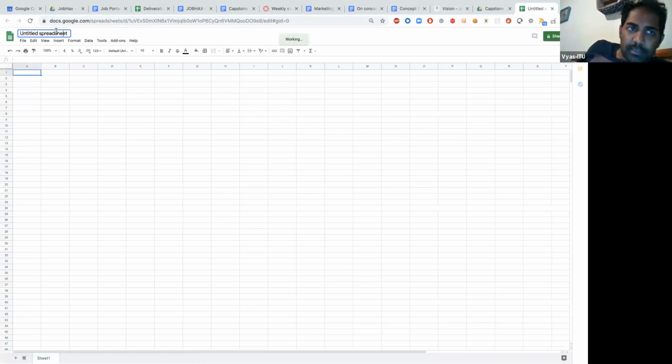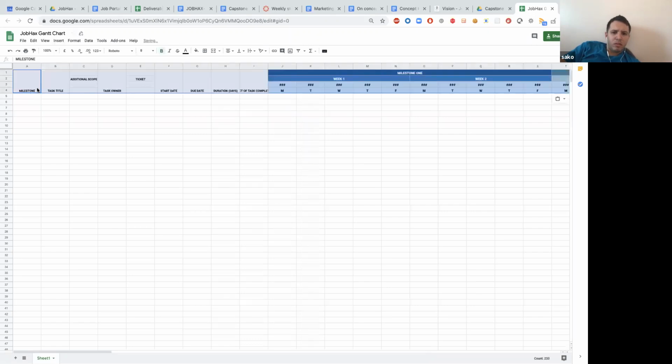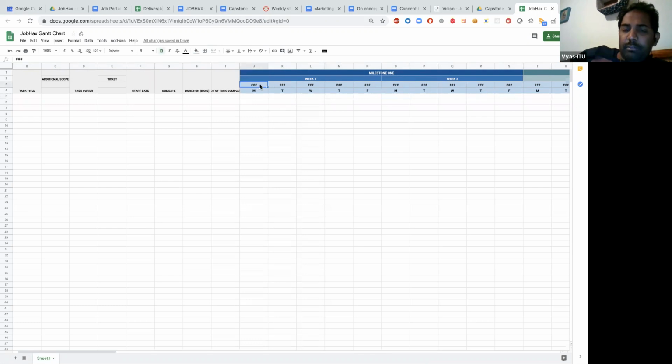These for Gantt chart? Yeah. JobHax Gantt chart. Can we have this? So we don't need it for weekly. Do we need to keep weekly? I guess so, because every week I think we should be submitting the status.